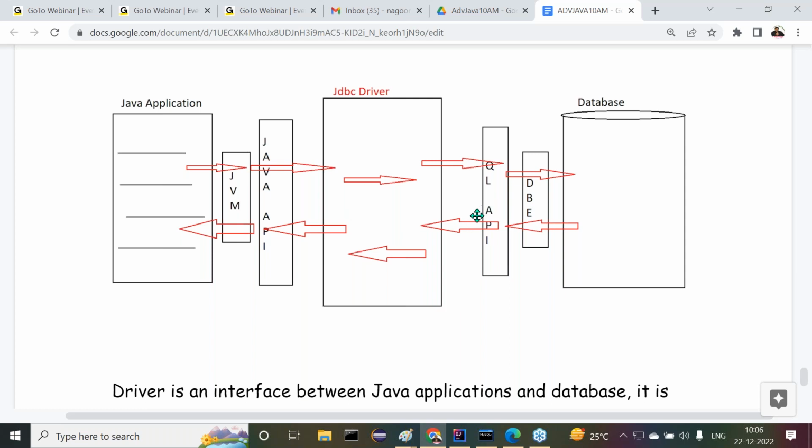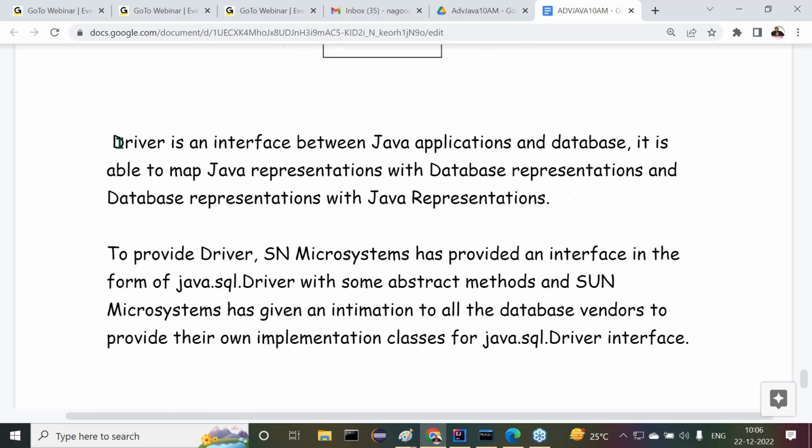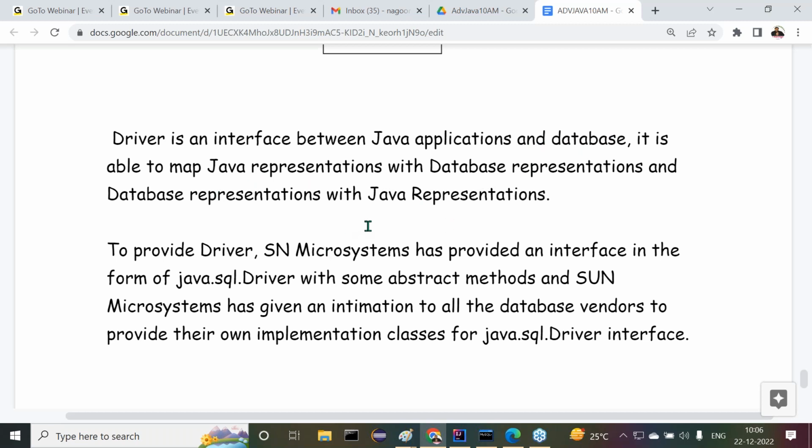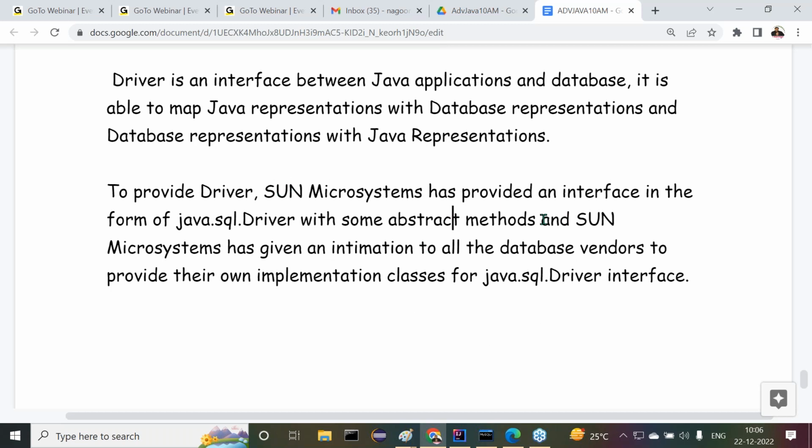Right, sir. Outside, there are some mappers. Those mappers are called the JDBC driver. Then what is this driver? Actually, a driver is an interface existing in between Java applications and a database. It is able to map Java representations to database representations and database representations to Java representations. To provide the driver, Sun Microsystems has provided an interface in the form of java.sql.Driver with some abstract methods, and Sun Microsystems has given an intimation to all the database vendors to provide their own implementation classes for